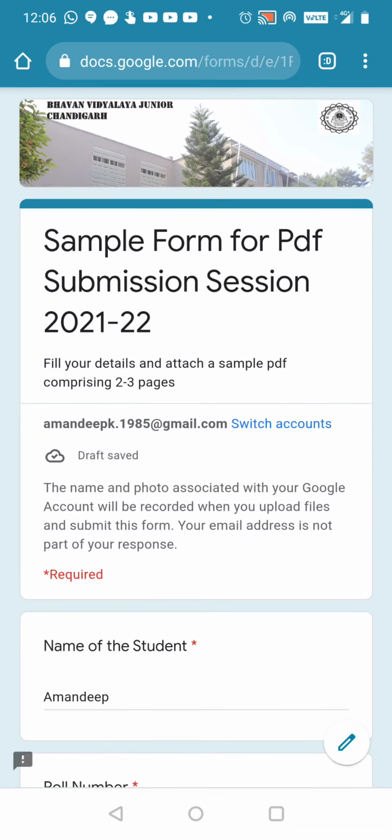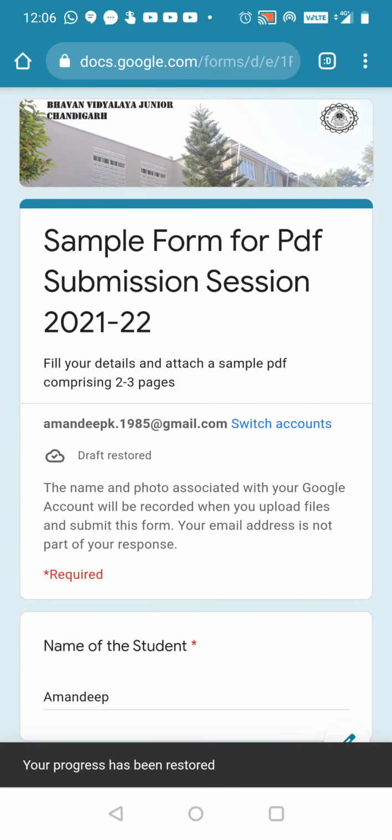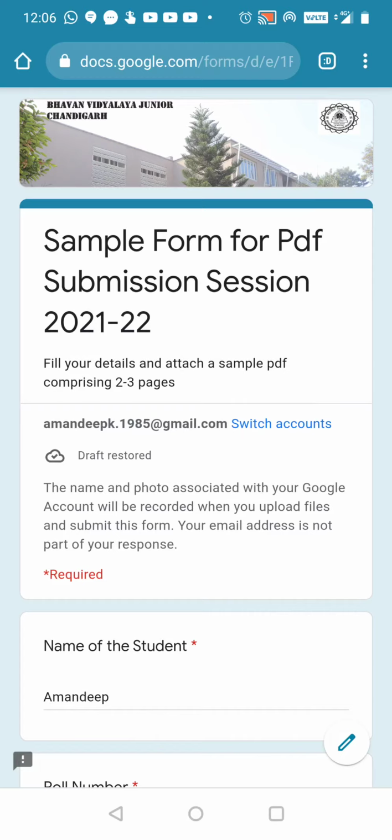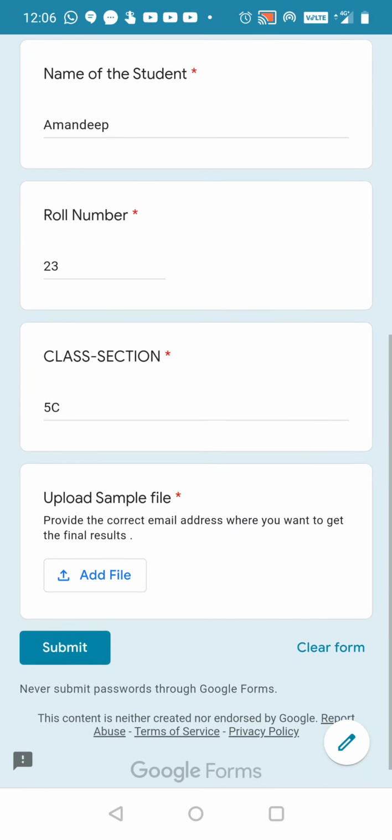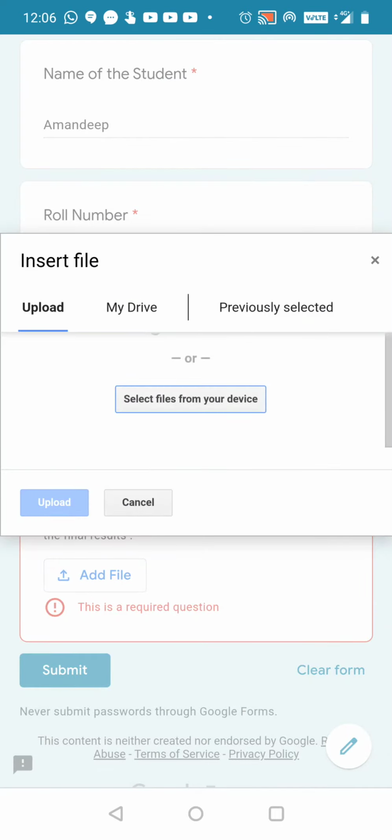Okay, now we'll see how we'll upload this PDF which we have created in our Google form. Suppose this is one sample form which I have created, right? This one I've shared in the class with you also. There, your subject teachers will be sharing these sample forms with you, where you will be uploading the PDFs for practice. Now this is just a sample, so I have written my name, roll number and section. Then at the end you can see it's an upload sample file. Here you will have your subjective question, so wherever you write that the PDF is ready, you have to click on add file. So this option will come.